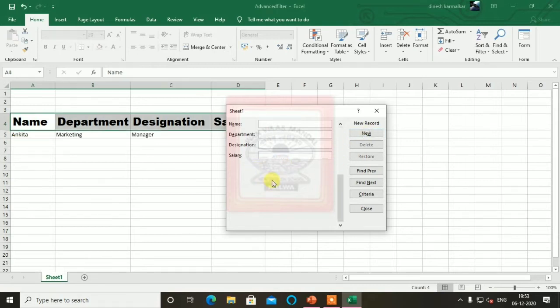Okay, new record. Then department I will take from page 26. It is production. Designation I will take from page 26.